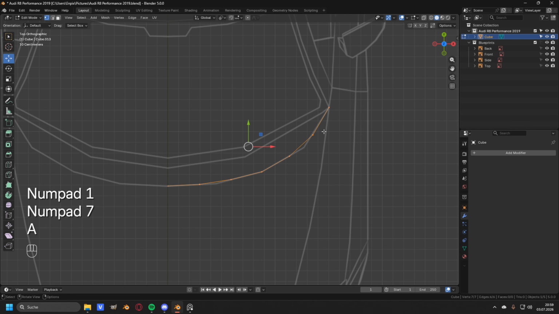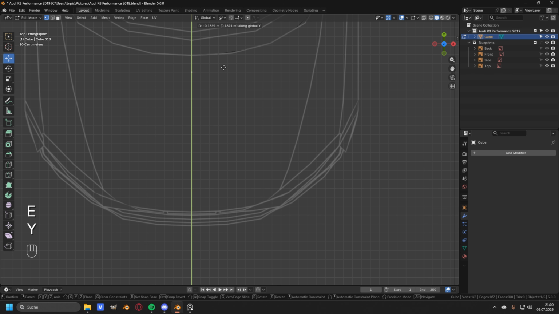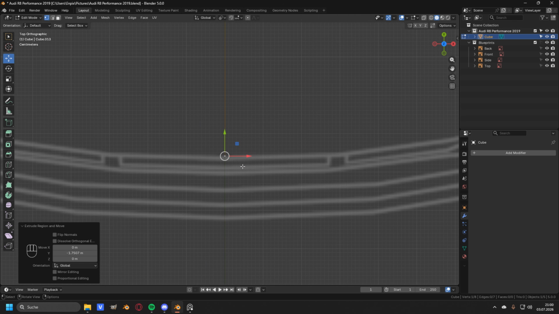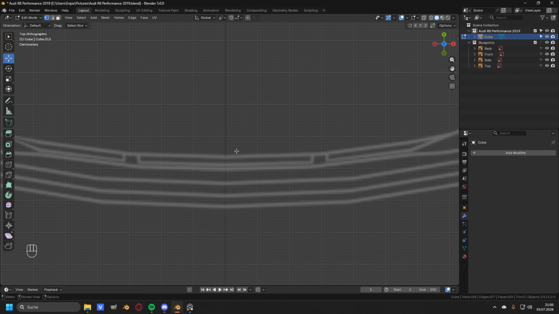For this, press numpad 7 to go back into the top view, take this vertex right here, press E and then Y to only extrude it on the Y axis, and go ahead and extrude it all the way to the end of the hood. Zoom right in and take a look at how this is looking, and it's matching up really good with the